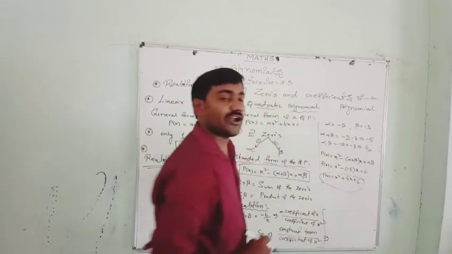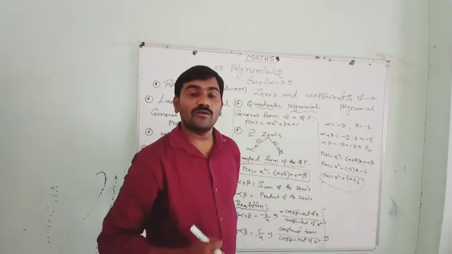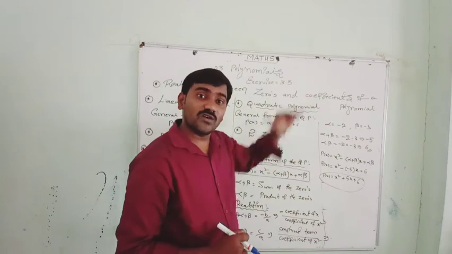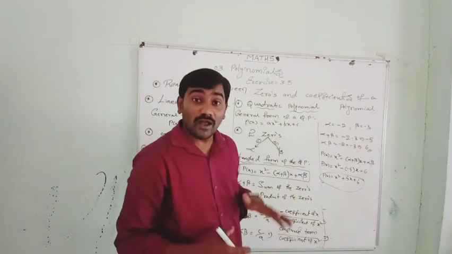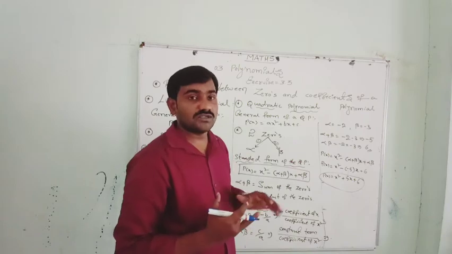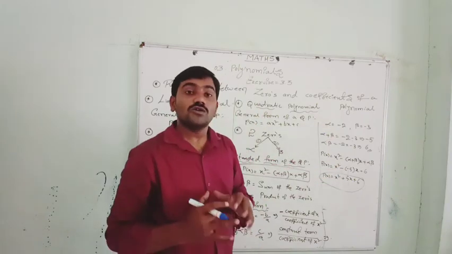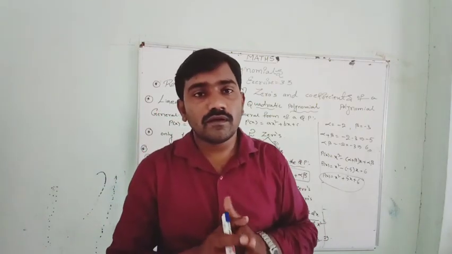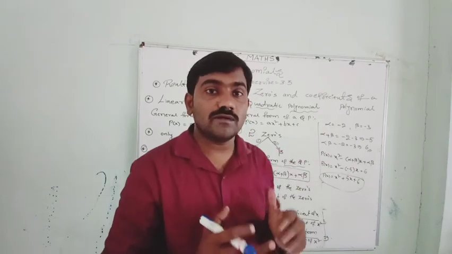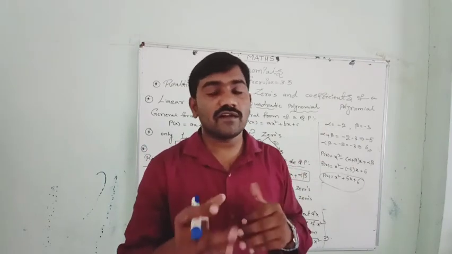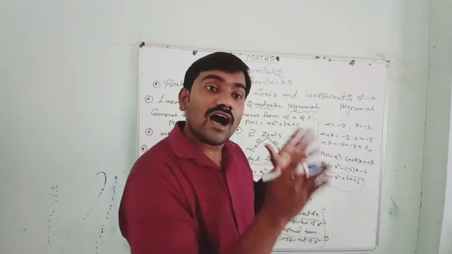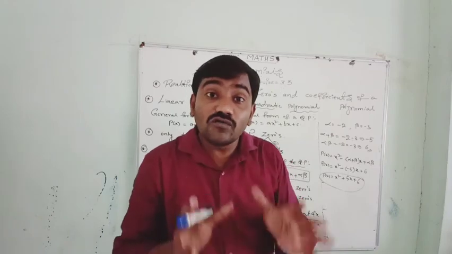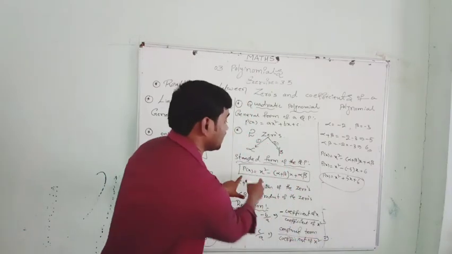See, we got the same quadratic polynomial now. Before, we had a quadratic polynomial, and with that we got zeros minus 2 and minus 3. Now we have minus 2 and minus 3 as the zeros, and with these zeros I got the quadratic polynomial. So there are two things here. If they have given a quadratic polynomial, we can find the zeros by solving it with the splitting the middle term method. One is alpha, the other is beta. If they have given alpha and beta, the two zeros, we can find the quadratic polynomial also. To find the quadratic polynomial, we require a standard form.